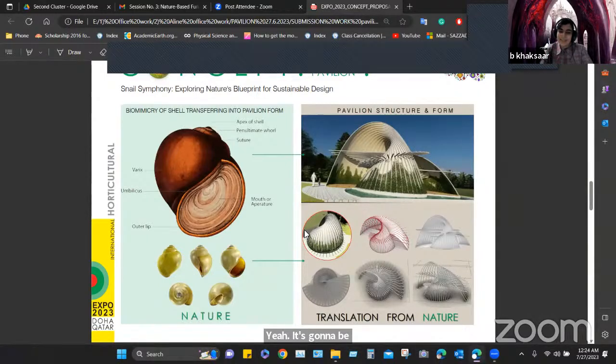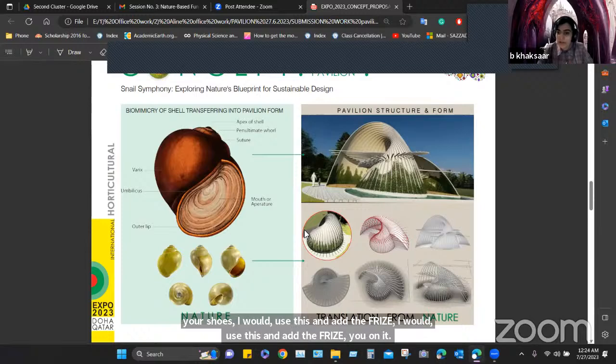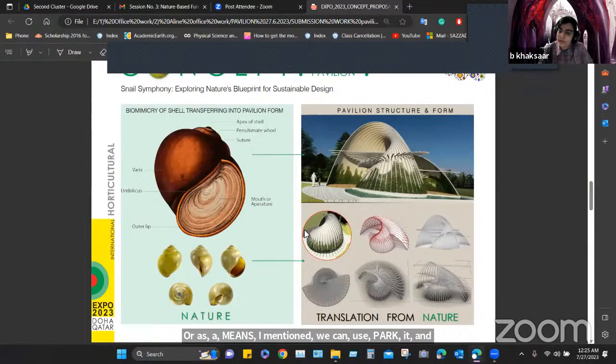It's going to be broken, and not very smooth lines, and also this stands on itself, and you have the role of structure already. Why do you need that? If I was in your shoes, I would use this and add the Physarum on it. Or as Merzad mentioned, we can use Parakeet and growth pattern to add some static feature, or use Gere as a static feature,